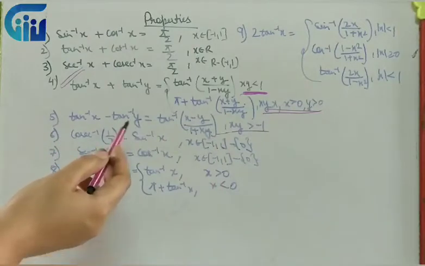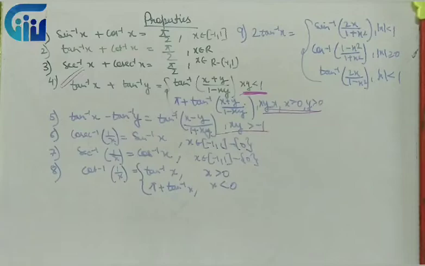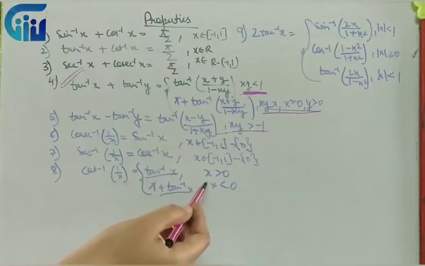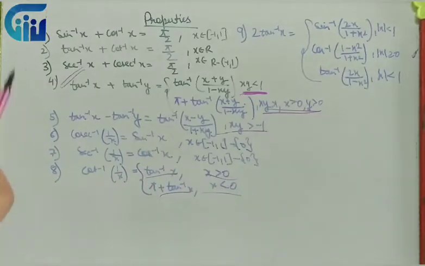Then we have cos inverse 1 upon x is sec inverse x, sin inverse 1 upon x is cosec inverse x, as we have for normal trigonometric functions. 1 upon cosec x is sin x. Over here it is 1 upon x, for sec inverse and cot inverse. We have these particular conditions which you have to remember, right? Similarly, for 2 tan inverse, we have three formulas: sin inverse 2x upon 1 plus x square, cos inverse 1 minus x square upon 1 plus x square, and tan inverse. As we had formulas of 2 tan theta, if you remember, we have the formula of sin 2 theta in terms of tan, cos 2 theta in terms of tan, and tan 2 theta in terms of tan. So the same formulas are here with the term of inverse, right? So these are the formulas which everybody has to remember.